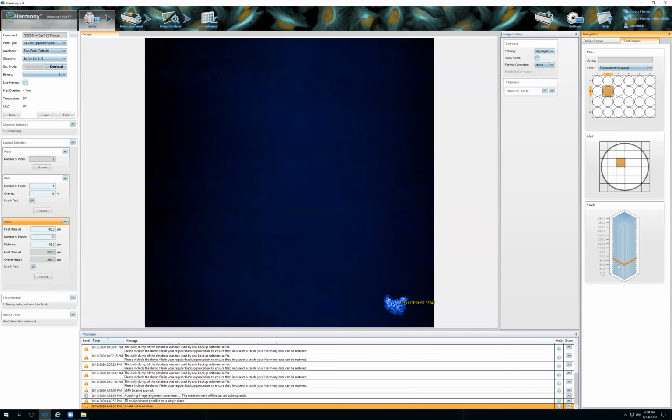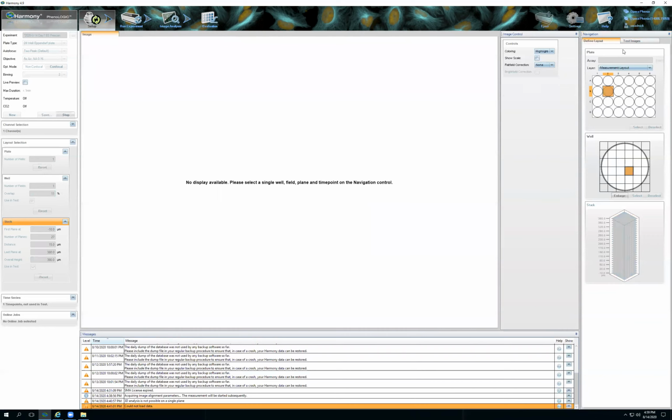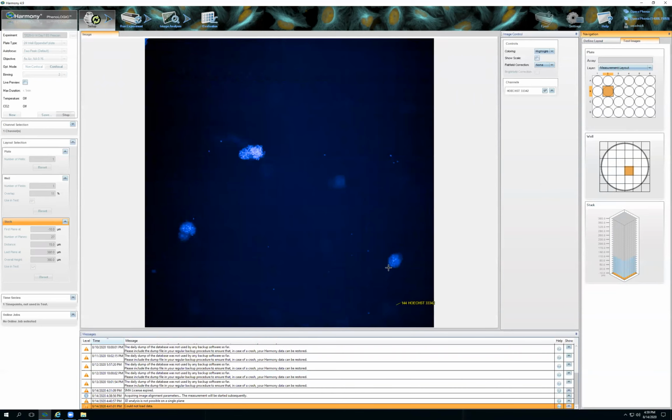So here for this specific spheroid, you can see that it's pretty small and I get out of it pretty quickly. So I'm going to go back to my define layout tab, and I'm going to guess my spheroids are closer to down here. So I'm going to select same well, different area, and do another test. I'm going to go to my test images. So again, I'm just going to right click, show intensity, and select that just so you can see how the